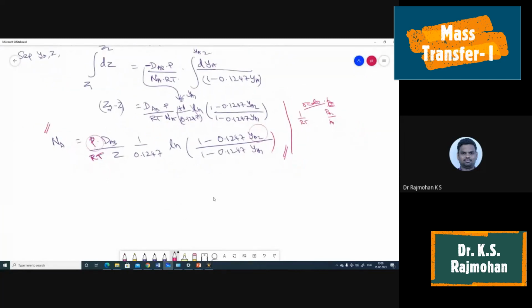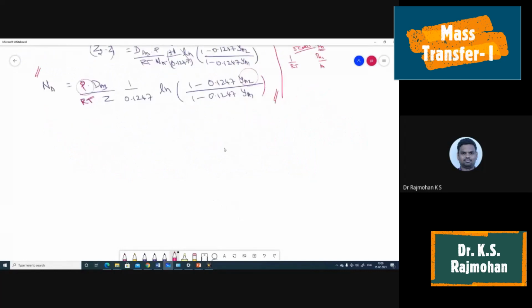Now, one thing you have to be careful about is how to get the YA1 value. How to get the YA2 value? YA2 is given. How to get the YA1 value? There is 1 mm thickness of vapor. So you know YA2 is given, the vapor phase YA2 is mentioned directly. How much mole fraction? YA2 is given as 0.76, right? Yes.